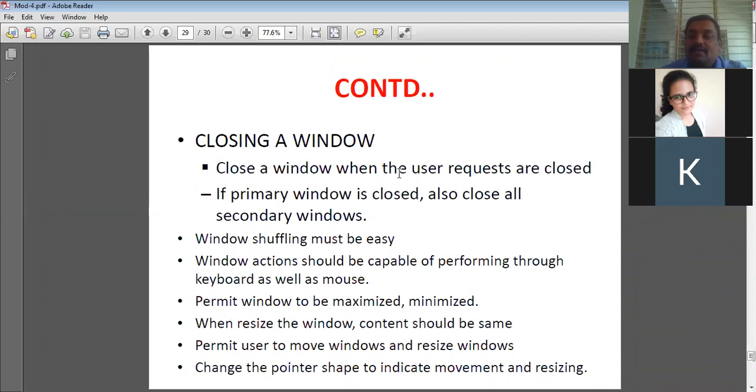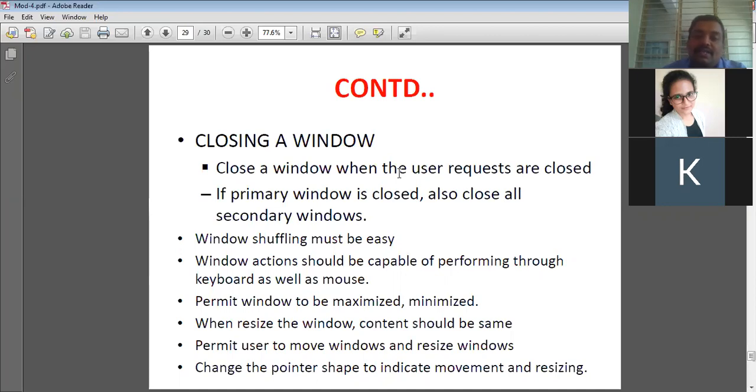If you make it false, resizing will not be done. If you make it true, resizing can be done. If you look at Visual Basic, in Visual Studio there is a property called size resizing. Using that you can disable the resize option, but that is not acceptable, because we need to permit the user to move and resize the windows.